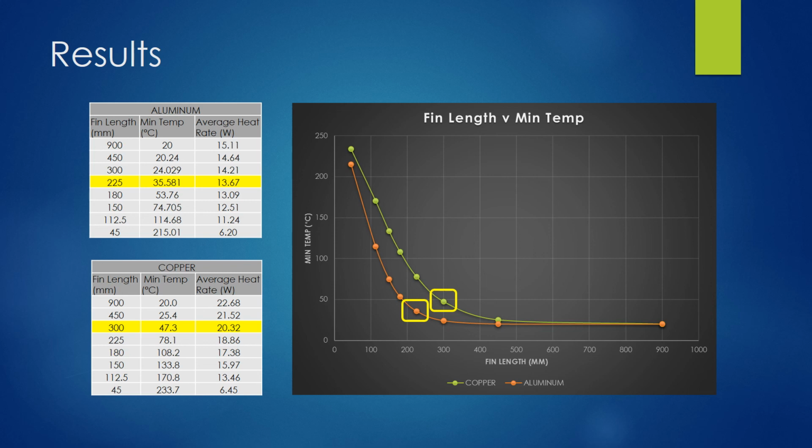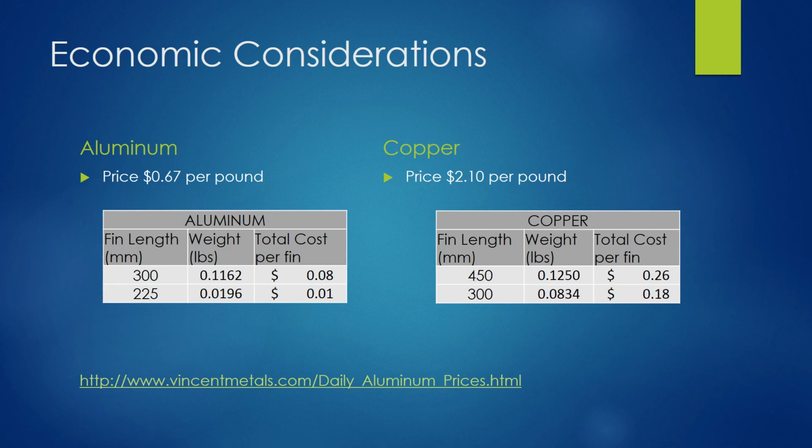The data collected, seen in the tables and graph, illustrates that the optimal fin length is 225 mm for aluminum and 300 mm for copper. The best results from the data collection for aluminum were 300 and 225 mm, and for copper were 450 and 300 mm. We used a cost analysis to determine that the shorter lengths were optimal due to the reduction in